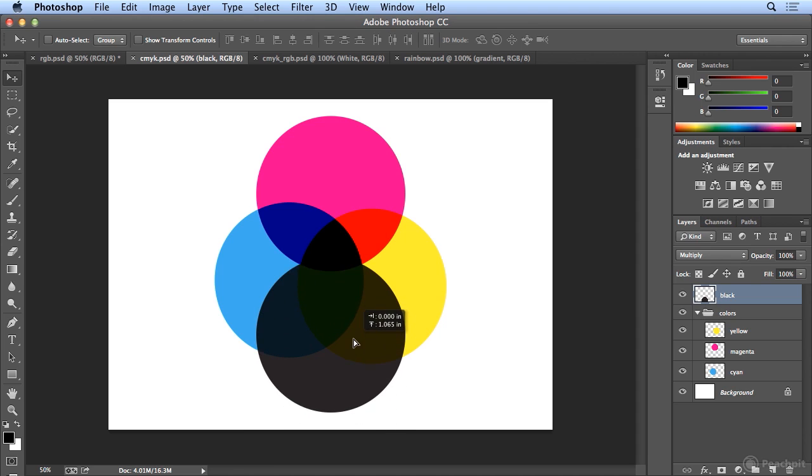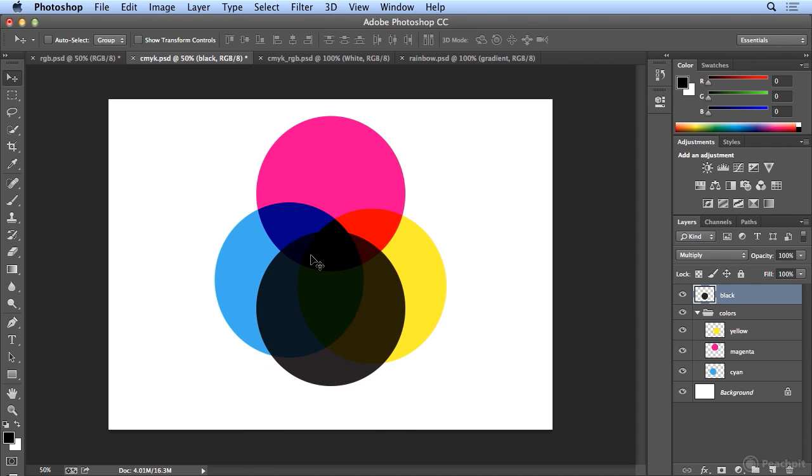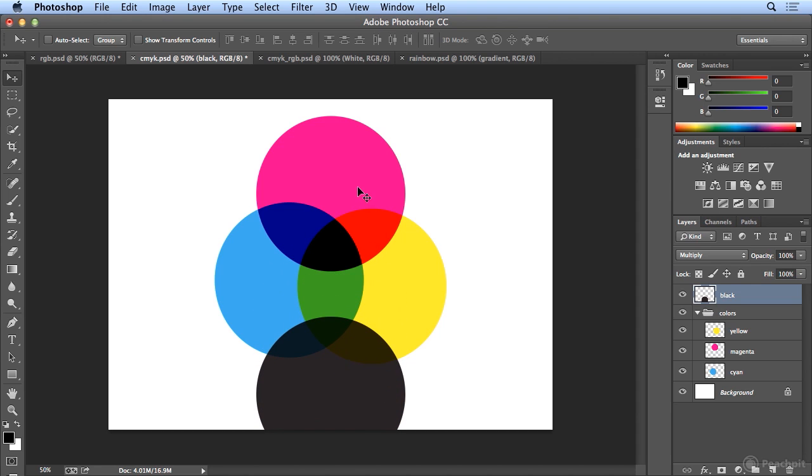In fact, they often take black and mix it in with undercolors. Undercolors meaning cyan, yellow, and magenta under the black, so you get more depth or sheen in advertising. So it's not just a straight black. There is magenta and yellow and cyan in there to make it look